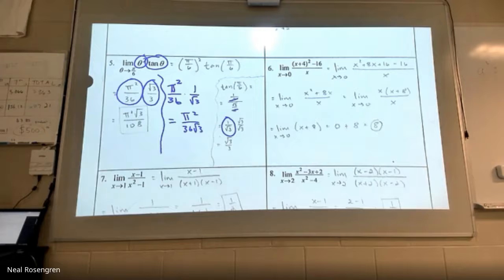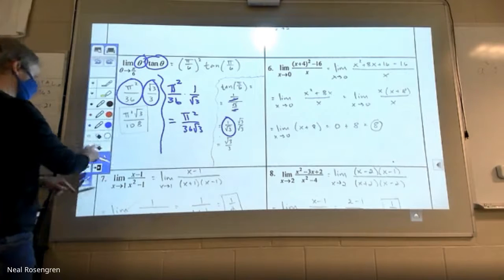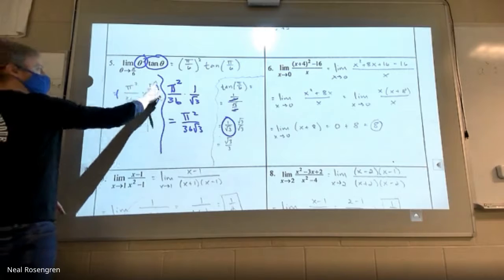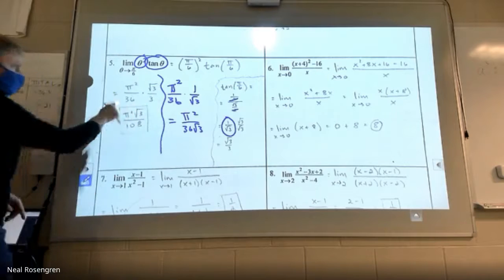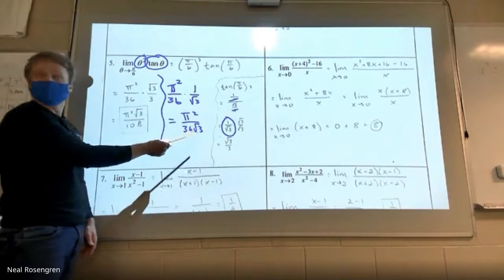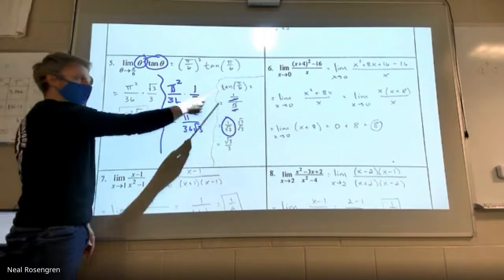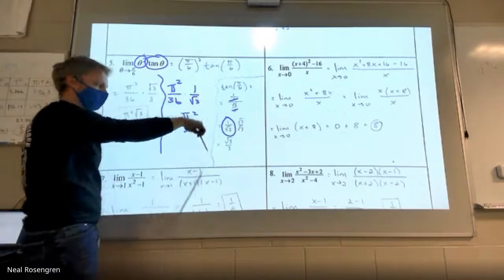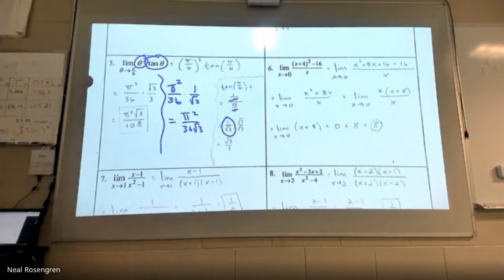So either setup, the one in blue or the one that I wrote out, would be fine, because this is an FRQ, so get yourself to a simplified best answer. If it was multiple choice, only one of those solutions would be there. So that's why you want to be careful recognizing whether or not they rationalized, because that will lead me through this. So I just did a little side work here just to figure out what that was before I jumped back in.